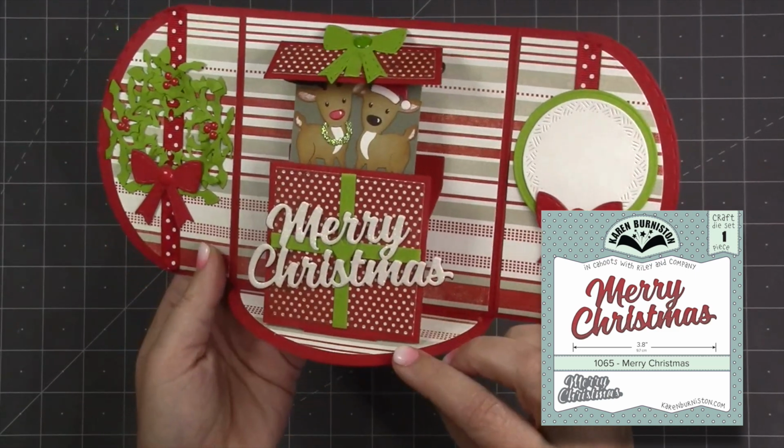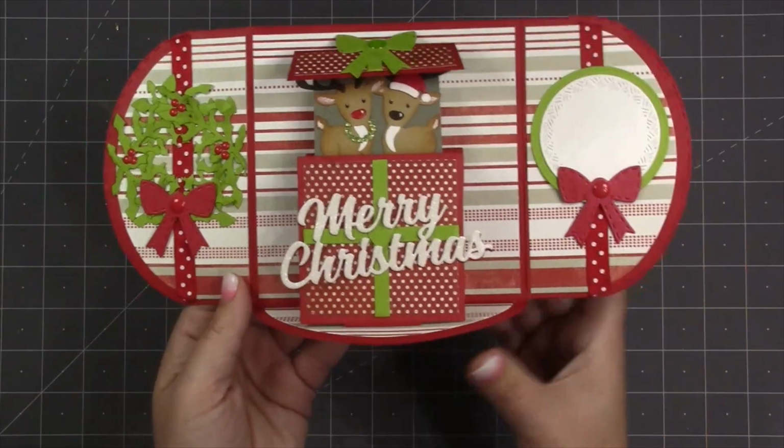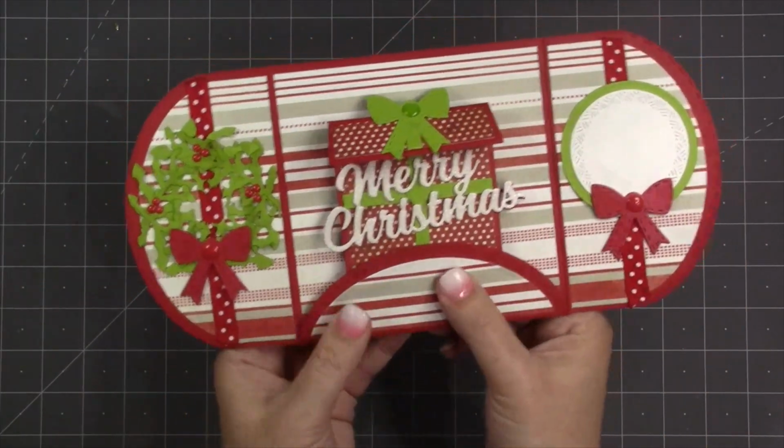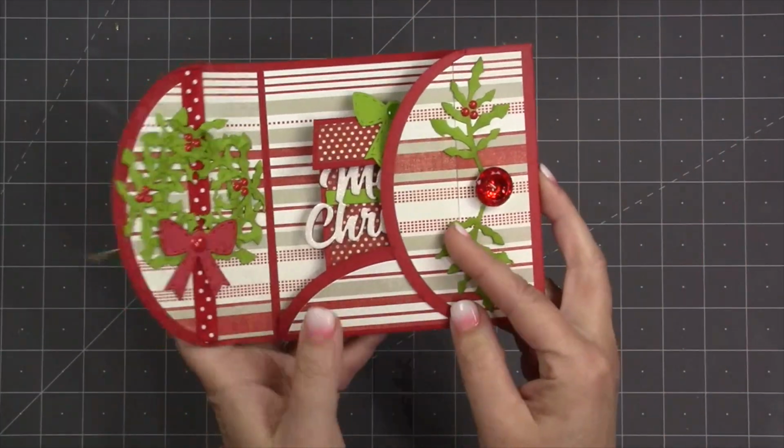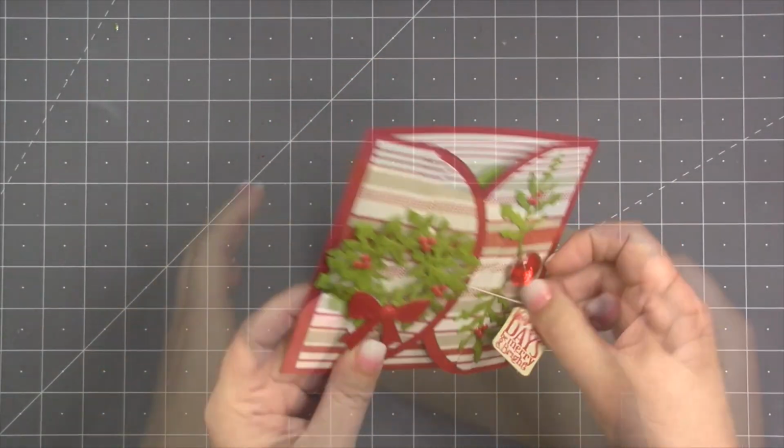It's one of our big script dies. I cut it out of white glitter paper, but then also out of red cardstock and glued them over the top of each other, just since that S was going to be suspended out over the air. I wanted to make sure that it was plenty strong. The finished card measures